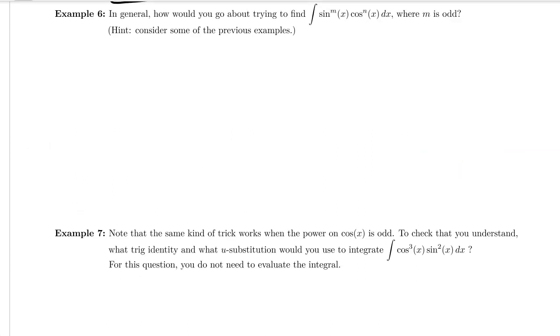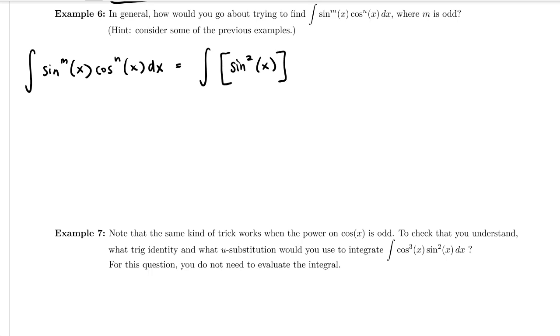Example 6 says, in general, how do you go about trying to find the integral of sine to the mth power of x times cosine to the nth power of x dx, where m is an odd integer? Hint, consider some of the previous examples. So what we've seen previously is we want to rewrite our sine so that it can be broken up into something squared. So what I'm going to do is write this as sine squared x,